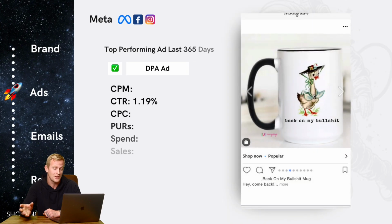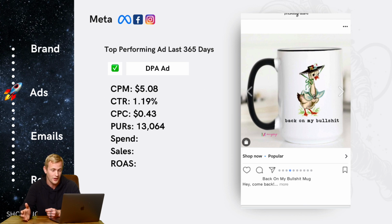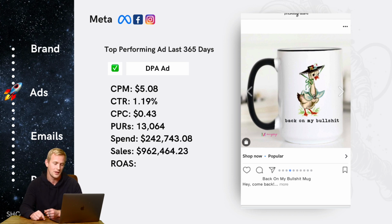Top performing ad in the last year, the last 365 days, was a very similar ad, just a little bit of a different copy variation. You'll see the CPM is a little bit lower, right around $5. Click-through rate similar at 1.19%, cost per click 43 cents. But over the last year, this single ad has generated 13,064 purchases. And that's been running all year, obviously, because we like the results. We spent $242,000 on this one ad to bring in almost $1 million, so $962,000. Return on ad spend over that time period is a little bit better,